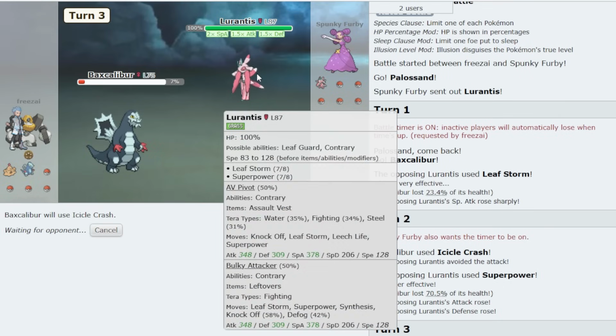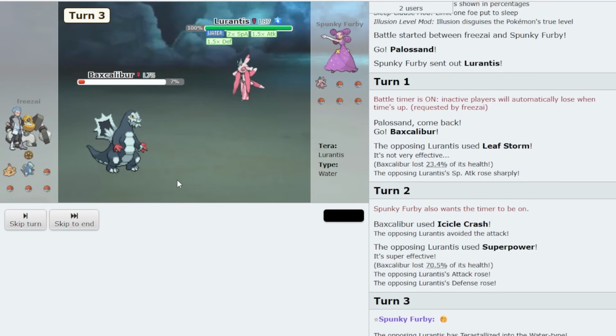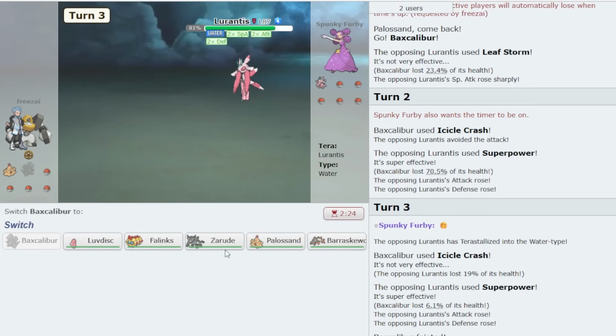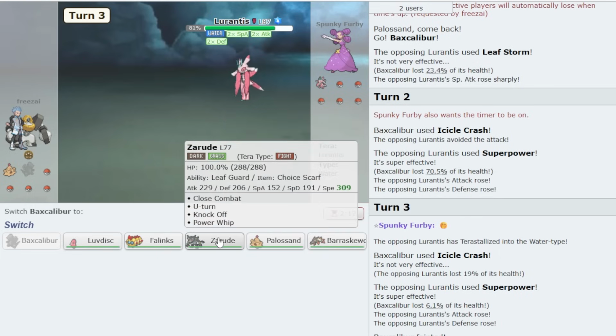Now they can even Terra. If they have Terra Water, that's annoying. They don't even have to Terra. I don't knock them out anymore. Okay, that's an early committal of Terra, though. I don't really have a great punish. Like, Zarude, I guess, does 40. It does 50. I'd have to... Oh, that's bad. I'd have to...